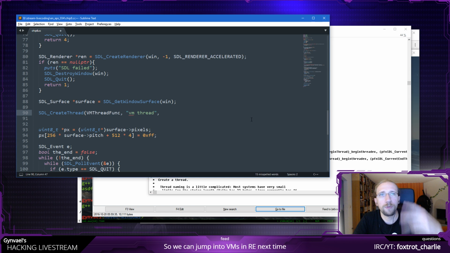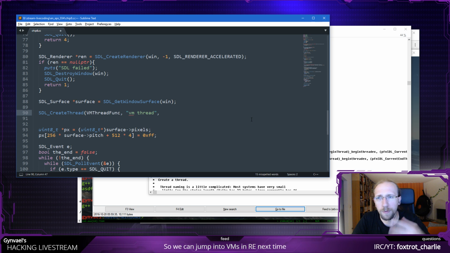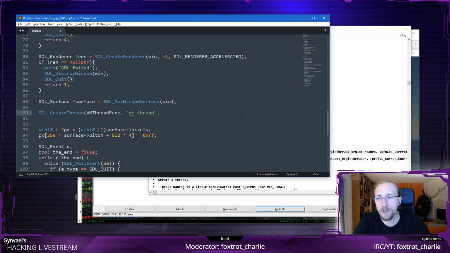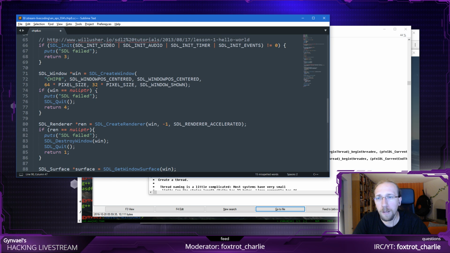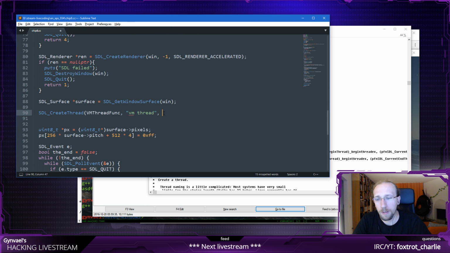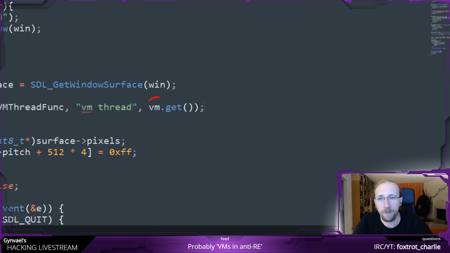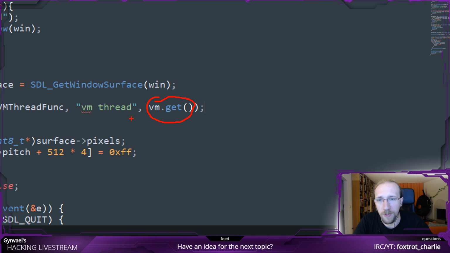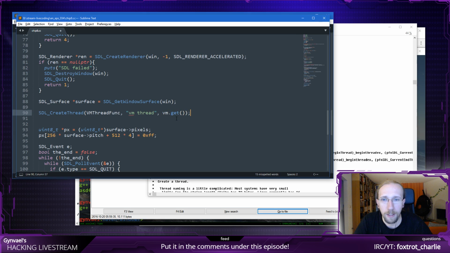And then the data, which is basically a structure passed to the thread. In my case, obviously it's going to be the VM, but this thread is not going to own this object, therefore I'm just passing the pointer, not the unique pointer. So I'm assuming that the thread is not going to deallocate this object at any time.